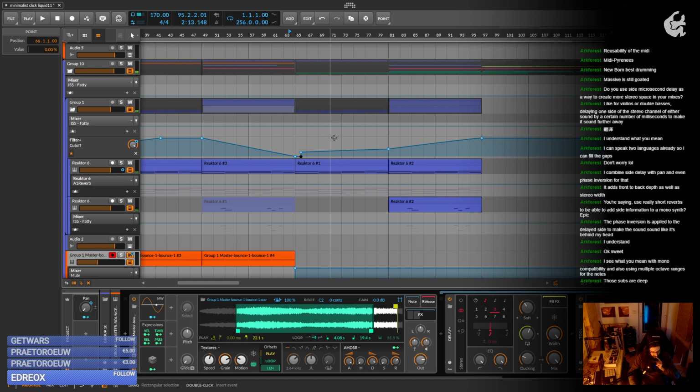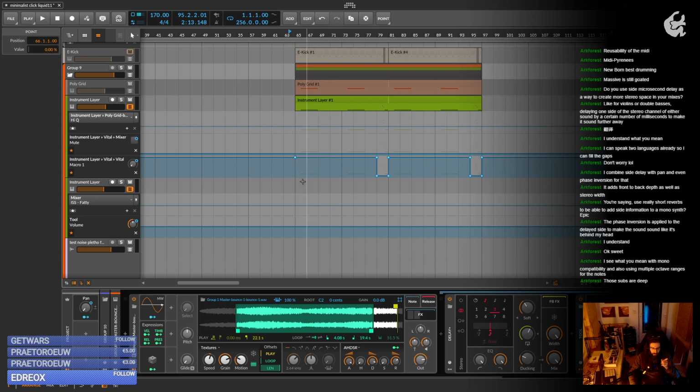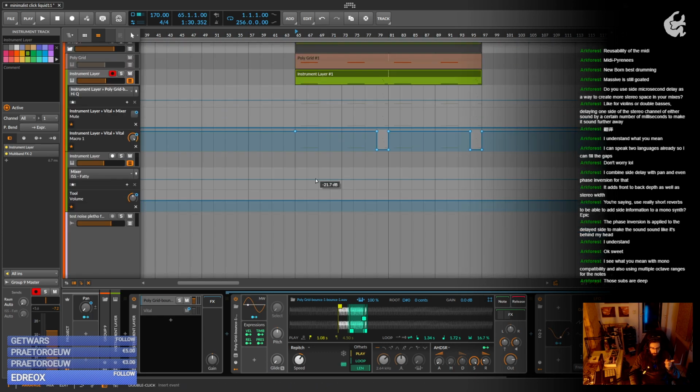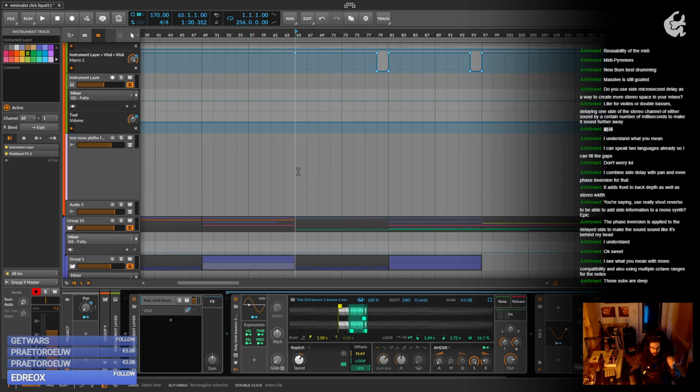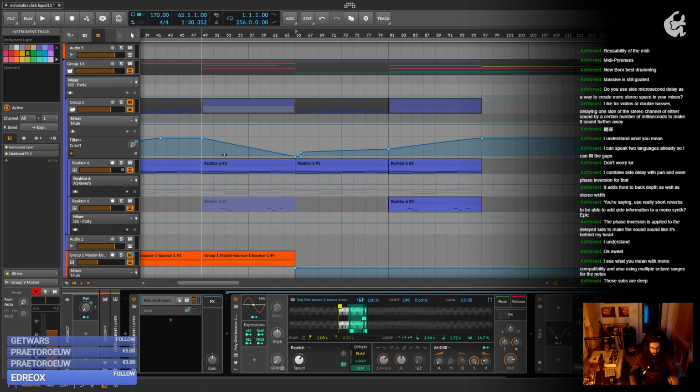That's very interesting. You say that those subs are deep. The funny thing about it is that it's not really actually. I think I use the square for the sub part over there, so you have the fundamental, the third harmonic, and so on. But what I figured out through the years is, for example, I'm not sure it would sound that deep if I cut the pad on top. It doesn't sound that warm and that deep to me. Again, just to me. But if I bring it back...